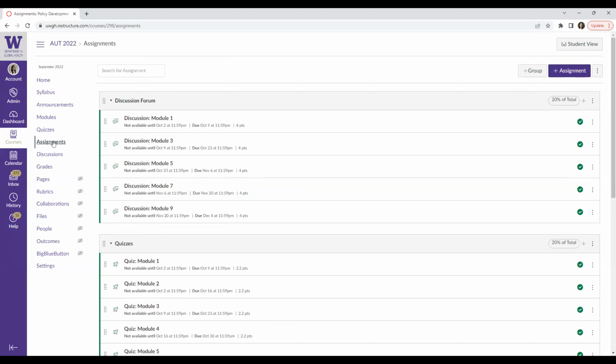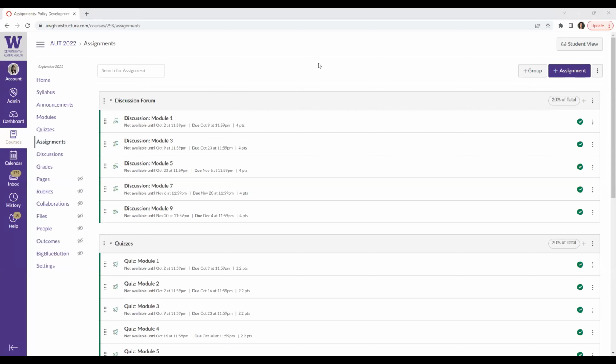The second part of the question was, if yes, are the times negotiable? The due date times are not negotiable. The assignments are due by these dates and times. If you submit an assignment late, it will be marked late. But again, like I said before, if you have something major going on in your life that is taking you away from the course, please email me and let me know, and I can work with you.